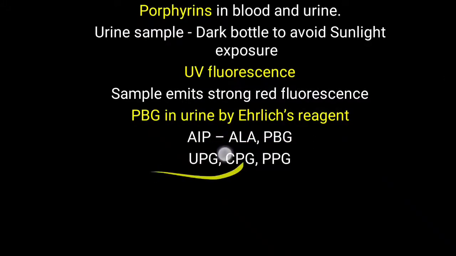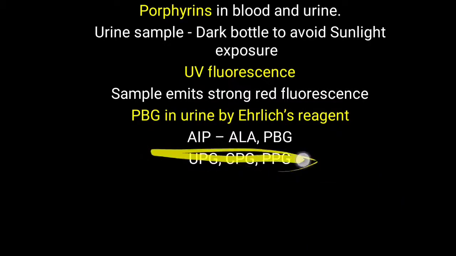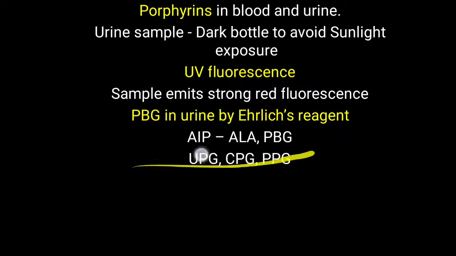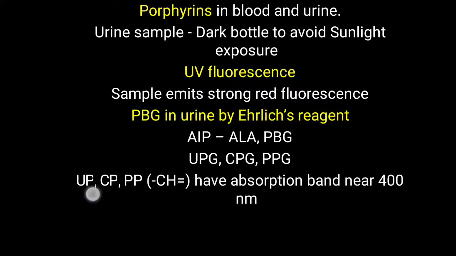Now further you have to remember uroporphyrinogen, coproporphyrinogen and protoporphyrinogen are intermediates of heme synthesis, but they are porphyrinogens. When there is exposure to sunlight, or in the presence of oxygen, they accumulate and will be further converted into uroporphyrin, coproporphyrin and protoporphyrin. Generally there is a methylene group in porphyrinogen, but when it is uroporphyrin or coproporphyrin, that means a porphyrin, it contains a methenyl group, so only the CH group is present. They have one typical characteristic, an absorption band near 400 nanometer, and this is utilized for the detection of this particular porphyrin.